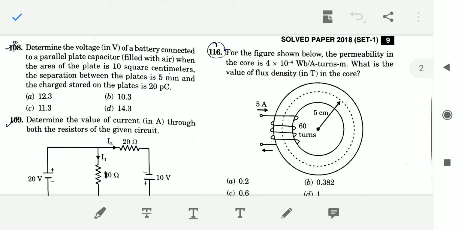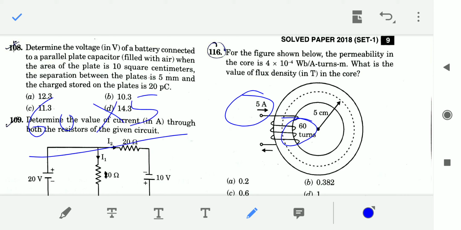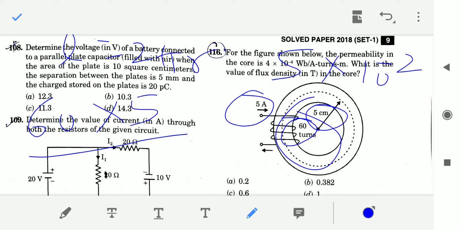So we know here the number of turns is 60, sorry, and current is equal to 5. That means 60 into 5, by L is how much, sir? Given radius is 5 centimeters, sir. 5 centimeters means 5 into 10 power minus 2 meters. So L is equal to what, sir? 2 pi r, right? In a circle, L equal to 2 pi r. So 2 pi into r, which is 5 into 10 power minus 2.